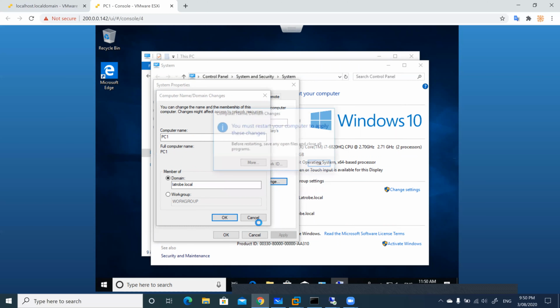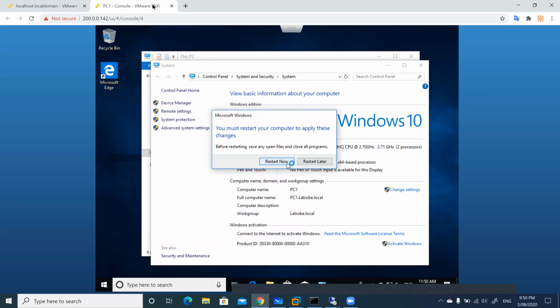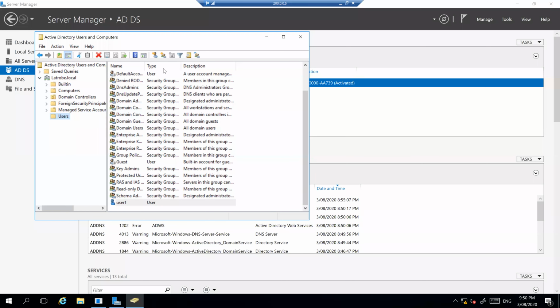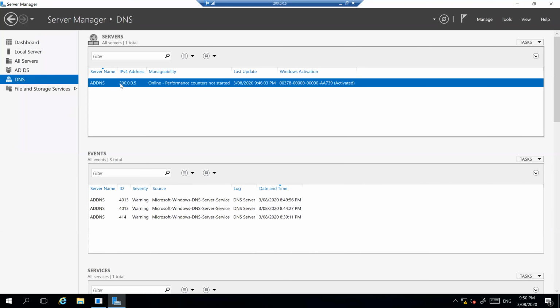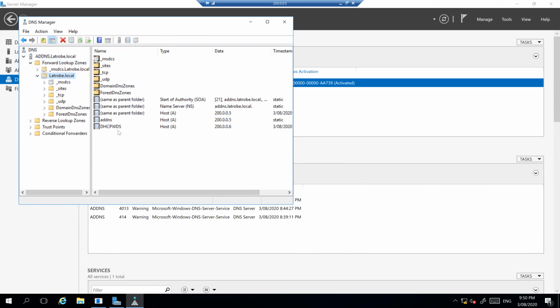That's all. So now I will go ahead and check in my DNS server. So this is my DNS server. I will go to my DNS manager. Right click. Still not there, but it will come.